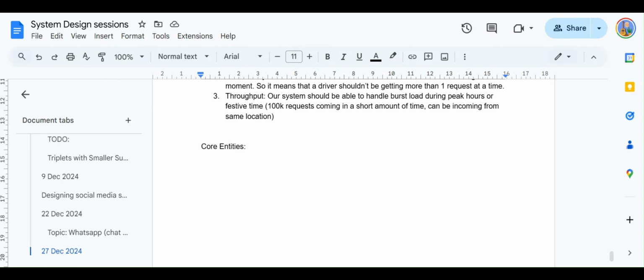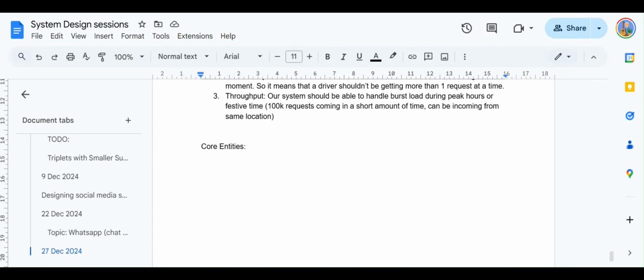What do we mean by core entities, and why do we put it here at this point? Core entities basically define what the data is. You can map the core entities directly to the tables or entities in the database that we will be building, but we are not putting the schema here.